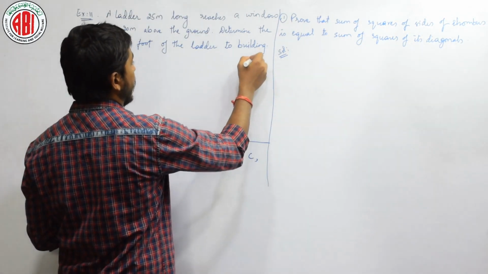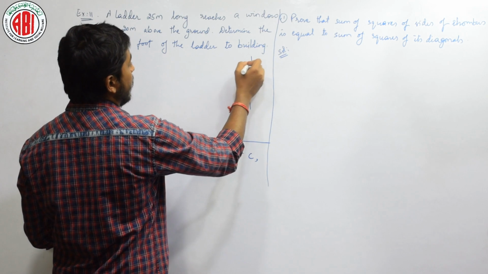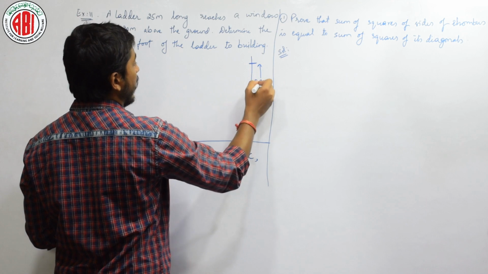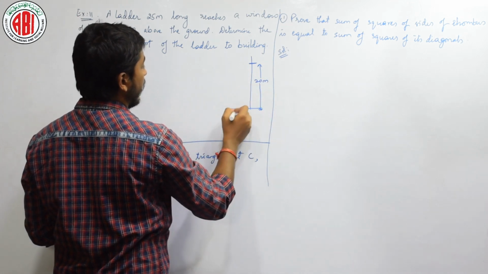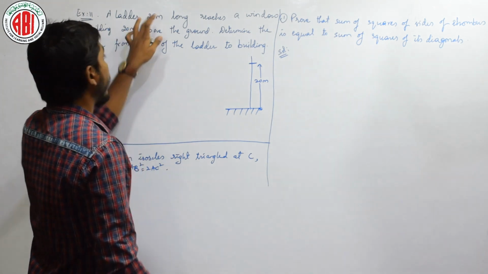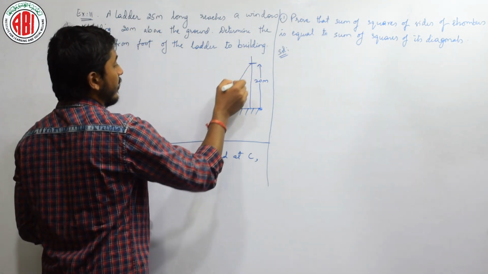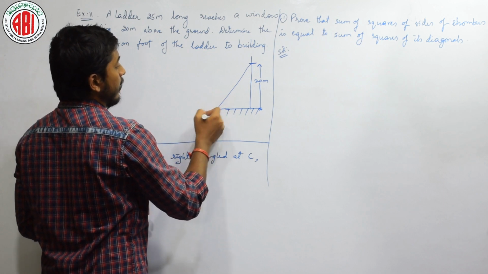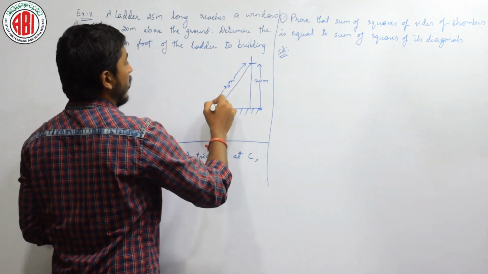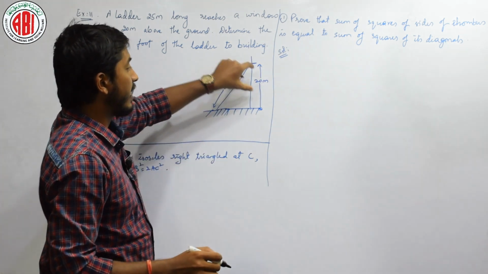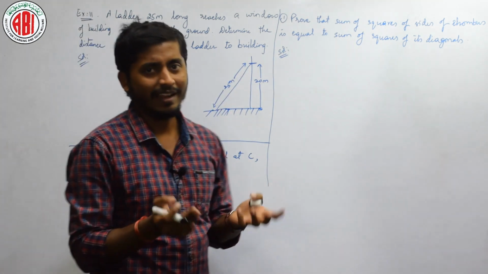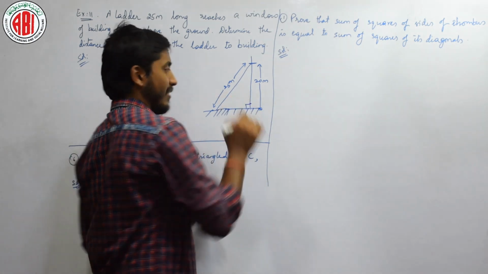For example, if this is the building, if this is the window which is 20 meter above the ground, right. Is it okay? Then the ladder is 25 meter long and it reaches it. This is a ladder which is 25 meter long, reaches this window which is at a height of 20 meter, right. Will this building be slanting or at some other angle? It will be definitely at 90 degrees, right.